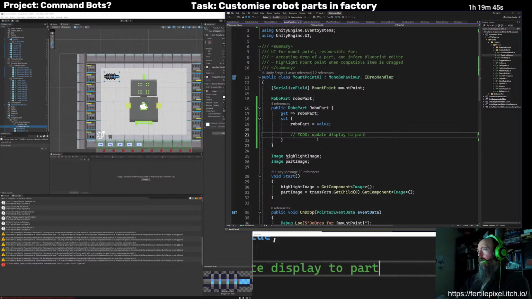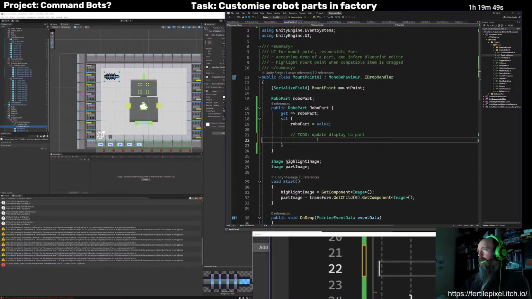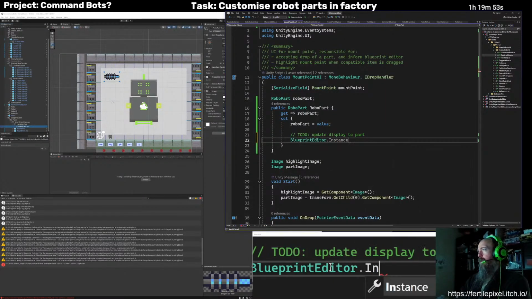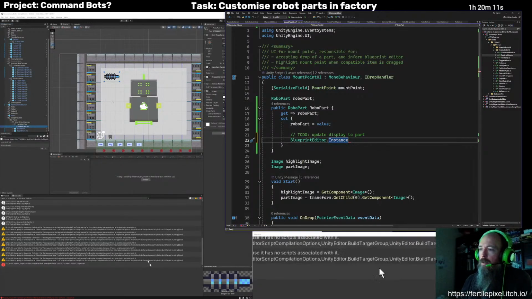Okay, now I think the blueprint editor is good. It's instance. It's single. So, oh hey, I was talking about that before. So internal basically means within the same assembly. It's public, but it's not accessible outside that assembly.